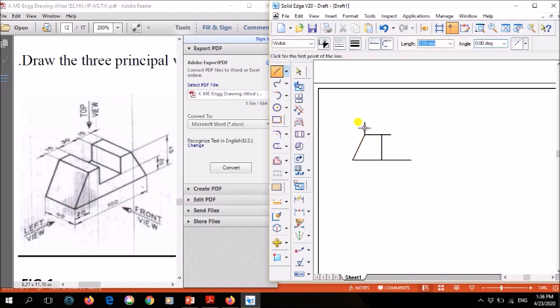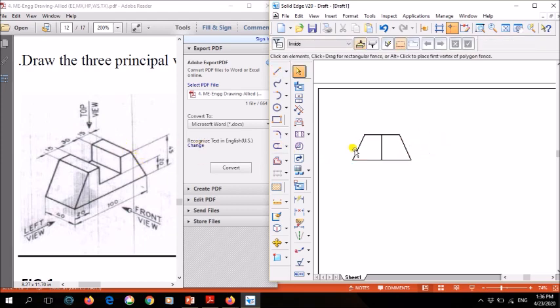In the same way again, from this end to this end, how much have they given here? It is 15 mm. So on the right side I'll take 15 mm again. Again from this to this end, you directly join using the pencil. Now you rub this line and the middle line, these two lines. Whatever lines we have drawn earlier from here to here and from here to here, you rub, because there is a cut here.